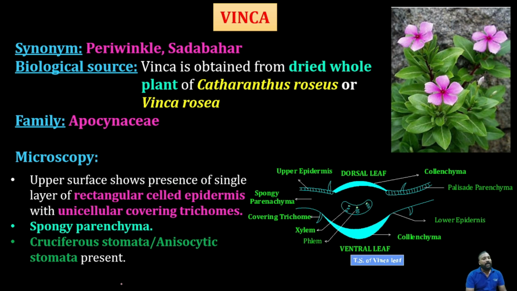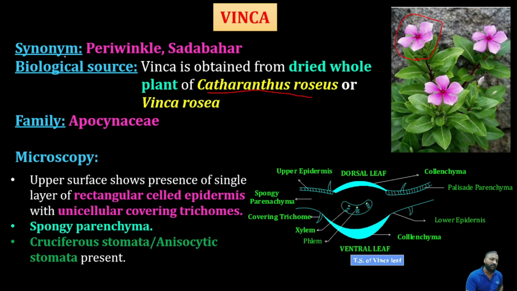So we'll see the synonym. It is available in many types of species. Vinca has different colors, different species. But only the anti-cancer properties, especially vinblastine and vincristine, will be obtained from the species called Catharanthus roseus or Vinca rosea. Purple colors, red color, white and blue flowers will be there. So there are different species. But it is known by the synonym, and you should definitely remember that.